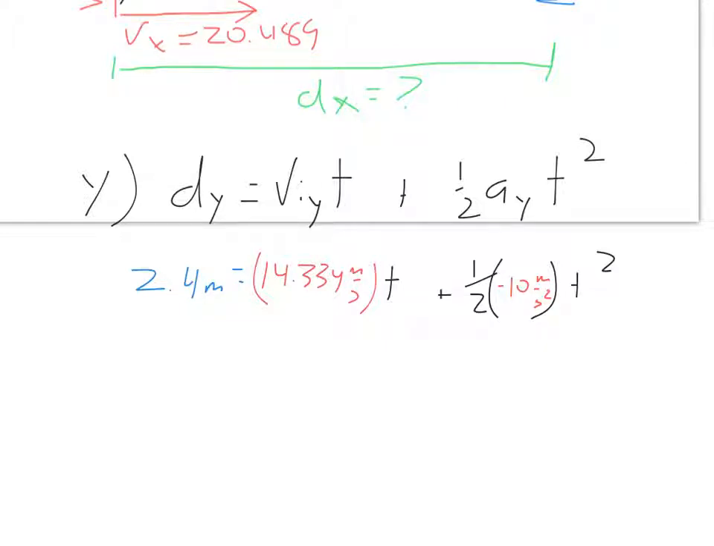Now just to clean this up a little bit, 2.4 is equal to 14.334 times the time plus -4.9 times the time squared. Okay, and a little bit of rearranging. I think I'm just going to move the 2.4 over and have this equal to 0, so I wind up with 0 equals